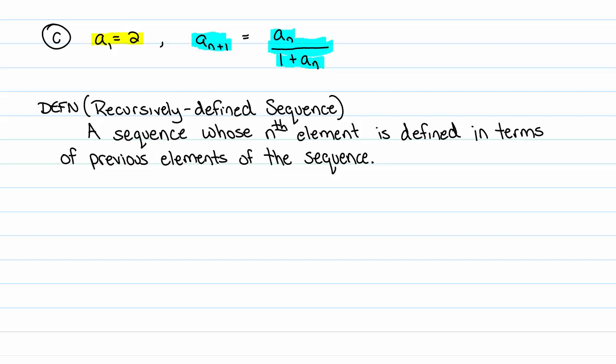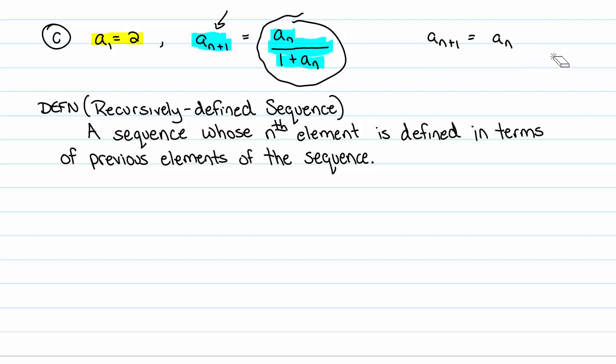Note that we actually have defined our sequence in this problem. I'll just write it, point an arrow at it. It is actually the n plus 1 term that is defined in terms of previous elements, but that's okay. It still means it's recursively defined. It doesn't have to actually be defined in terms of the next door neighbor, right? You could technically have a sequence where the n plus first term is defined in terms of something that occurred quite some time ago,